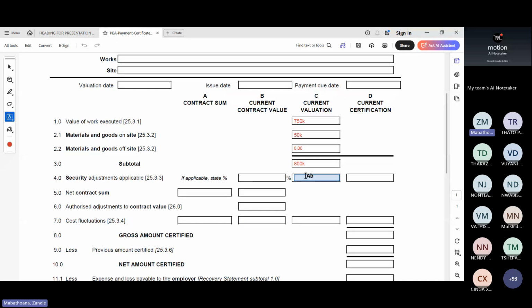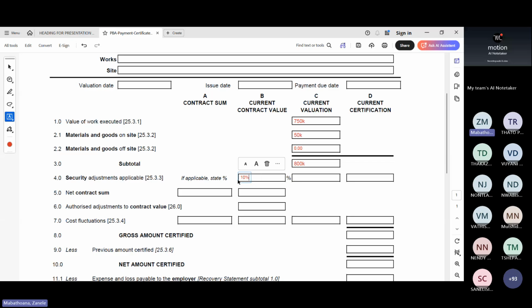If he's given us the 5% fixed, we say, okay, security adjustments applicable. So the security adjustment, because we're using the fixed guarantee, is 5%. So there you say 5%. Or you would say 10%